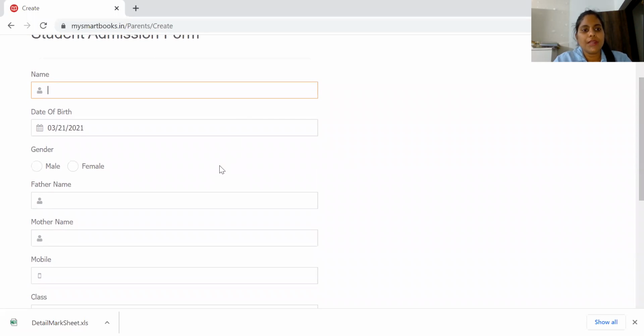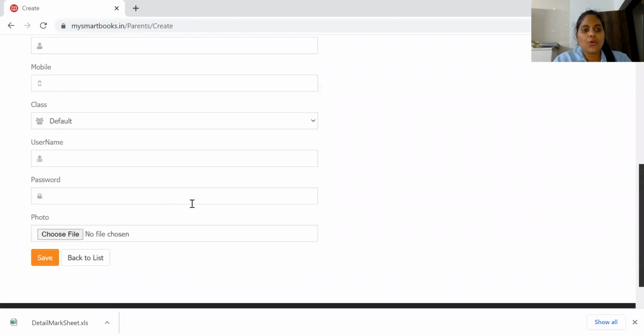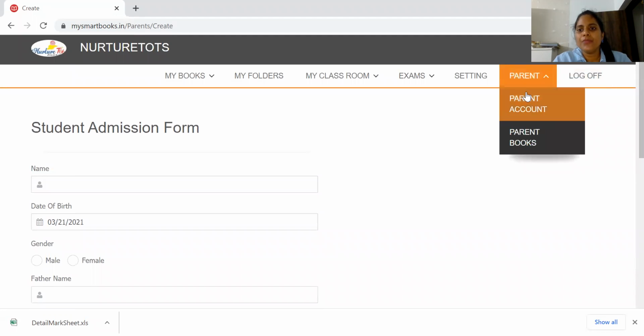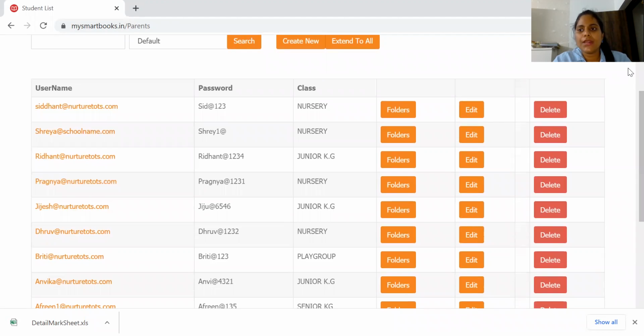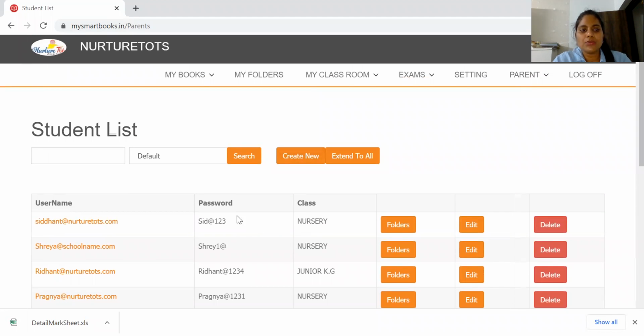Here you have to enter the name, and these are optional. You only have to enter the class and date of birth, assign a username and password, and choose the photo of the child which will appear in the student login, and save. When you save that, a student ID will be created and the parent account. You can see here the student account is created and you will be able to see the password and the username, and this you have to